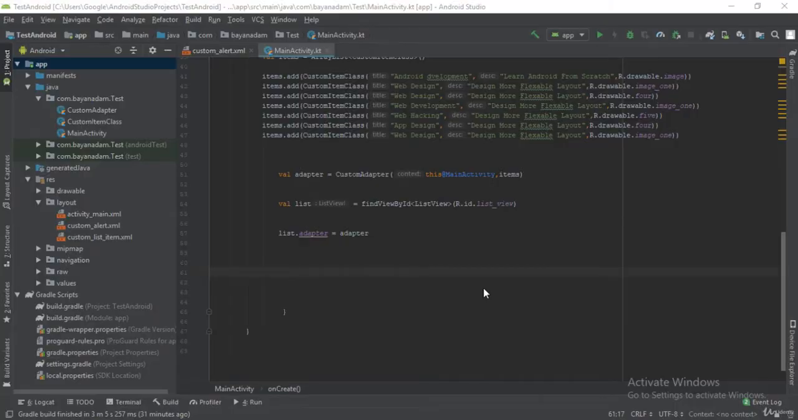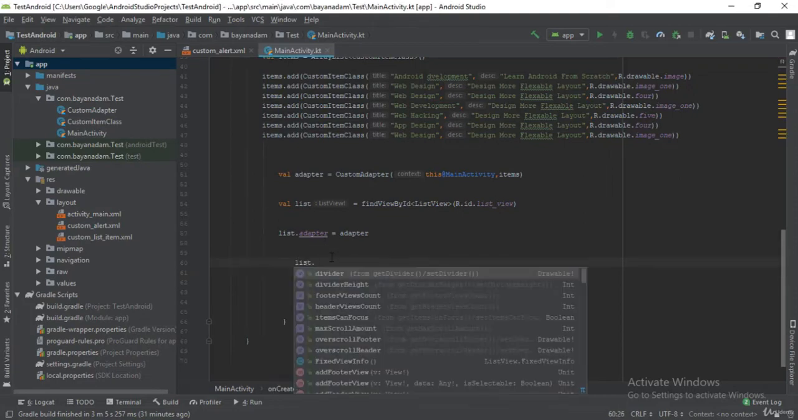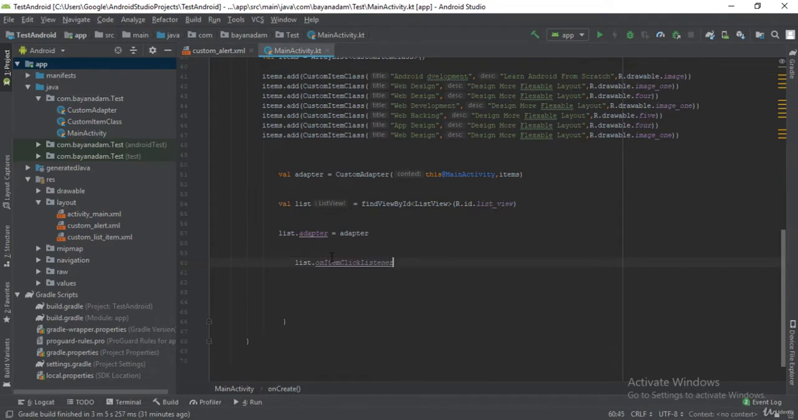Hello and welcome. Now in this video, ladies and gentlemen, we are gonna set an on-click listener on the items of our list view. Now after setting the adapter on our list view, I'm gonna type list, which is the list view, dot on item click listener. Here we have this function that comes with the list views,